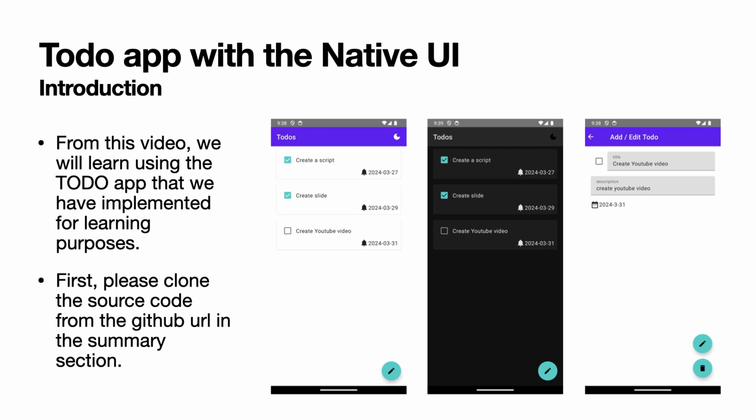Firstly, please clone the Todo app from the GitHub URL provided in the description. The Todo app itself consists of two main features: a Todo list and an editing screen with straightforward functionality. Additionally, it includes a feature to toggle between light mode and dark mode from the top right corner of the